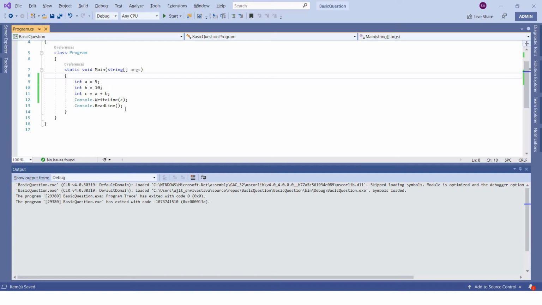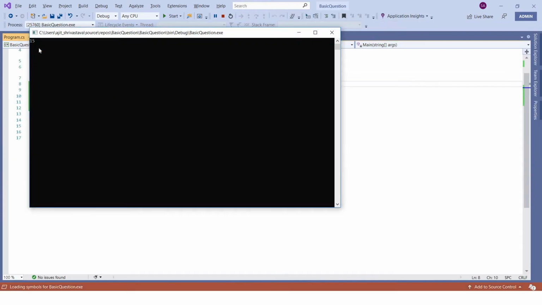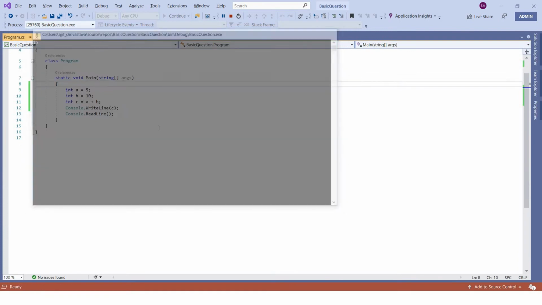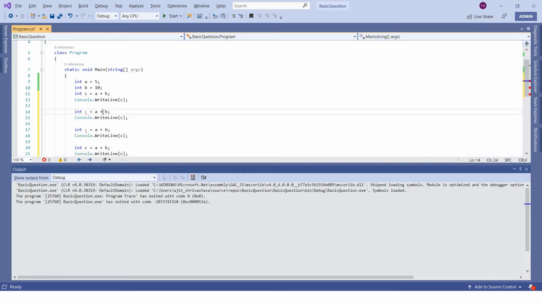Just have this printed, you should be able to see 15 here. Similarly you can do subtract. Let me just copy this. What I'll do is a minus b. Since this variable is already declared, we need not declare it once again.